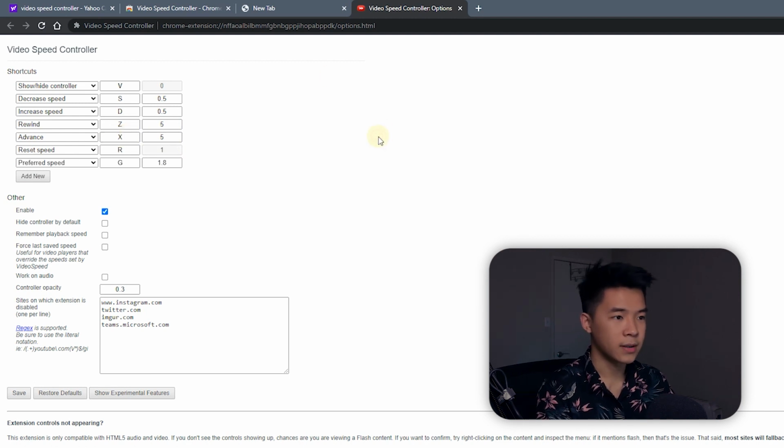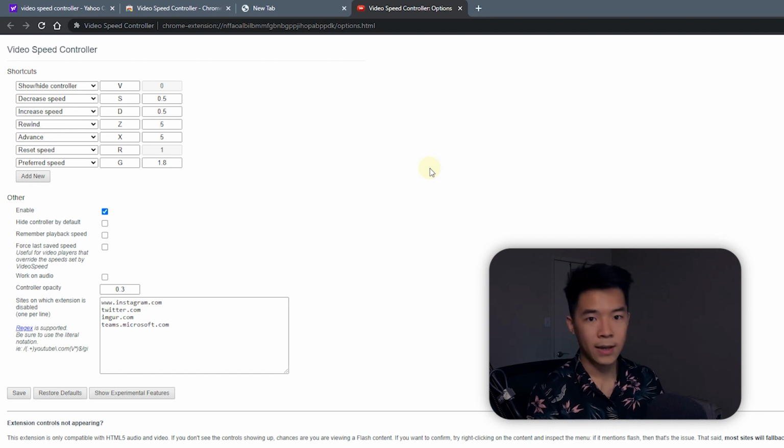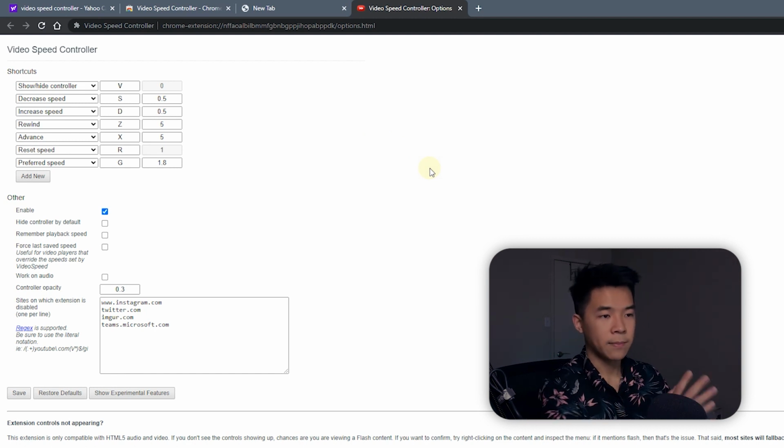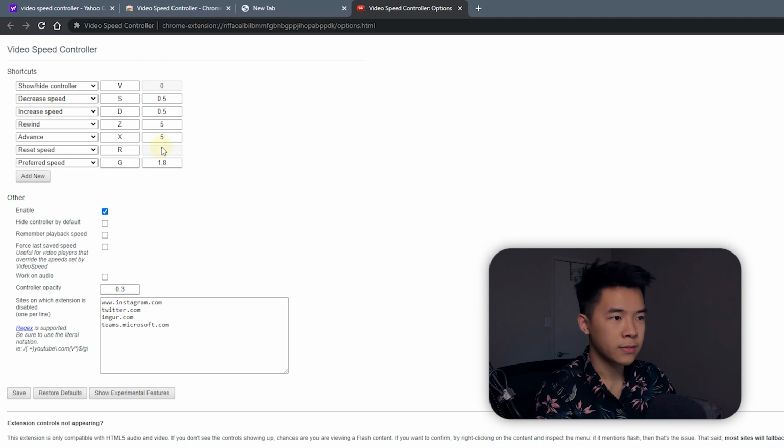It's just convenience, whether you are right-handed or left-handed, and want to use your right hand or left hand to control skipping parts in your video. Reset speed just brings everything back to normal. That's easy to understand. The preferred speed: set the speed to any speed you want your video to be at